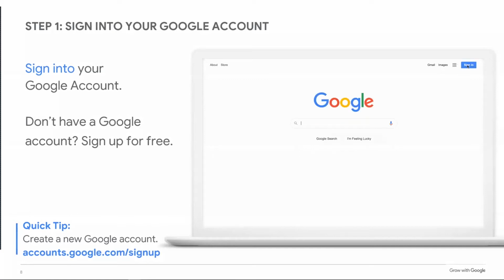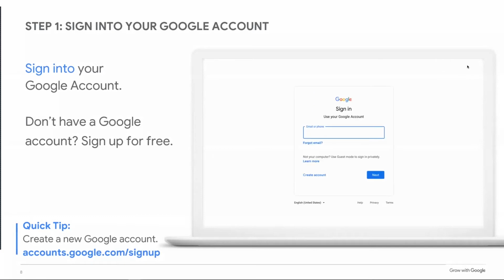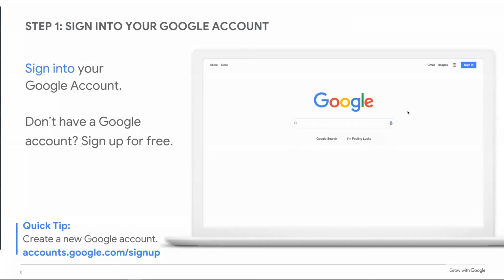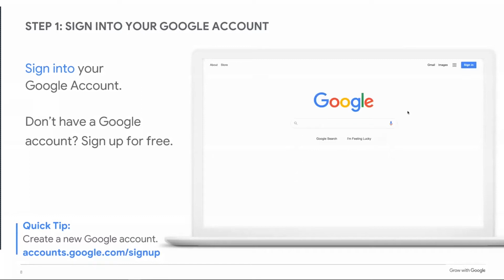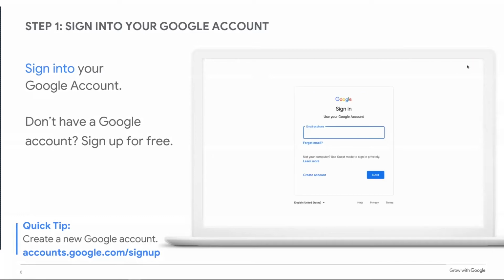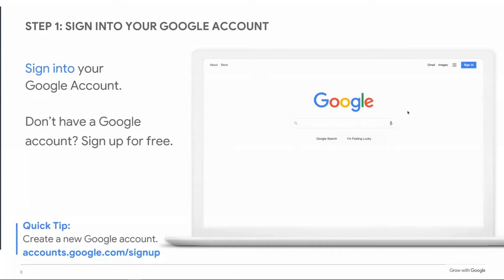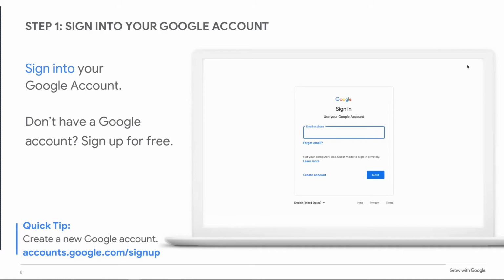So the first thing we need to do is log into our Google account. Go to google.com. In the right-hand corner, you're going to have your blue sign in. Click on that. Use your username and password for your Gmail account, and you can sign in and have access to all the applications that we talk about today. If you do not have a Gmail account, go ahead and create one. It's free, and it gives you access to all of these amazing applications that we talk about today, plus a lot more. Okay, so I'd like you to sign into your Google account.